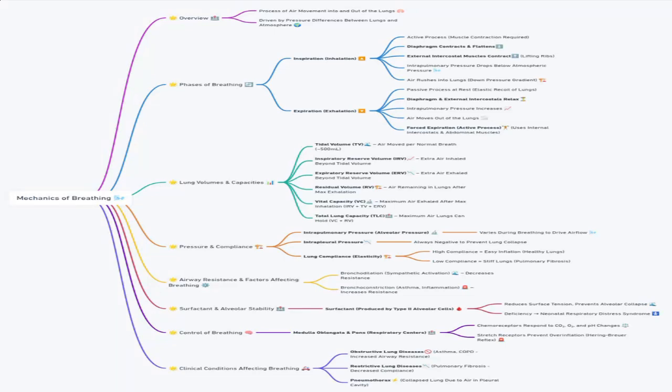Mechanisms of breathing, mind map. Okay, so let's basically use this mind map to recollect or remember everything about the mechanisms of breathing. We'll try to recall the key muscles of respiration and describe their roles during inspiration and expiration, and also understand the importance of